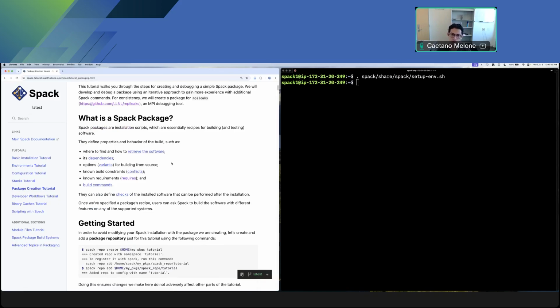And they define certain properties of the build, like where to find the software, what dependencies the package should actually use, any build options, we call those variants, any constraints that are known between the software you're packaging and other software available in Spack, any known requirements like any platform requirements, any OS requirements that you want to make users aware of, and any build commands that you need to have Spack propagate down to the configure, build, and installation process so that the software will work functionally for the user when they're